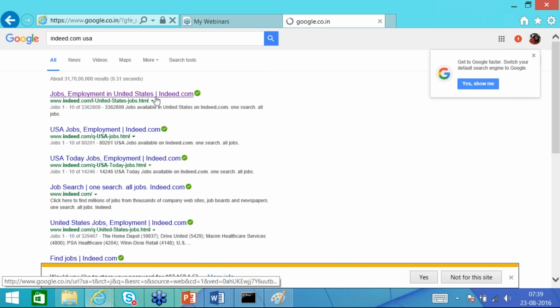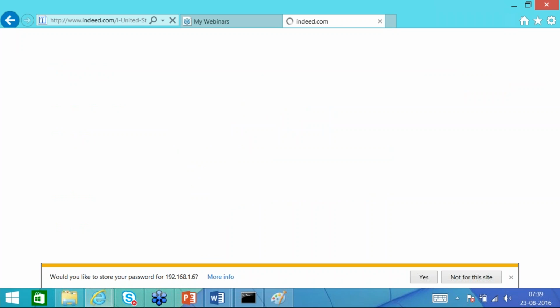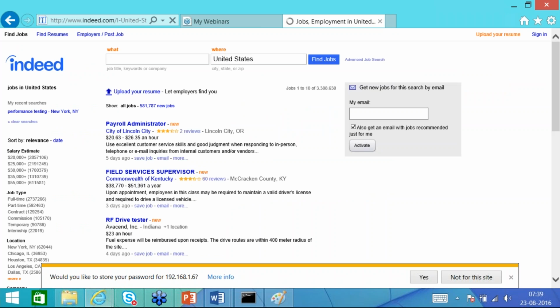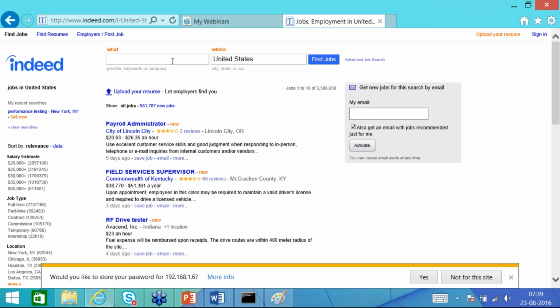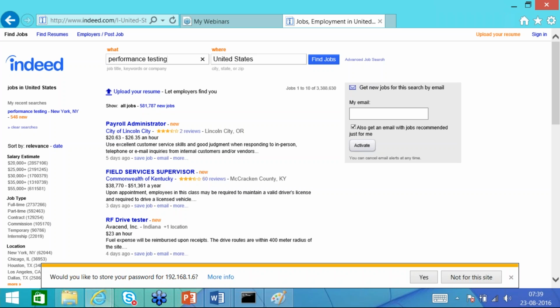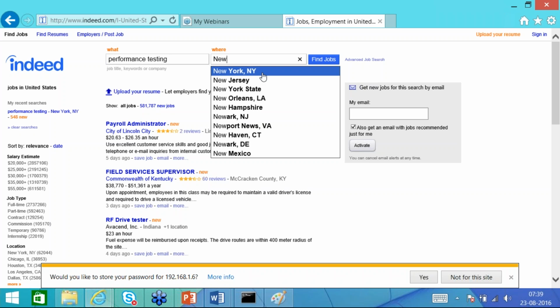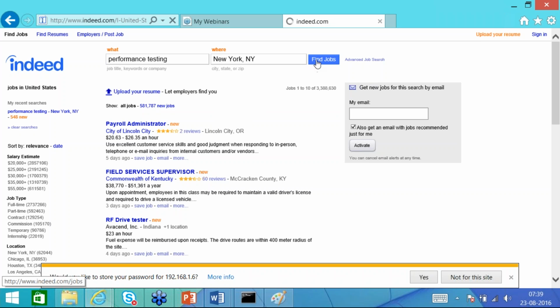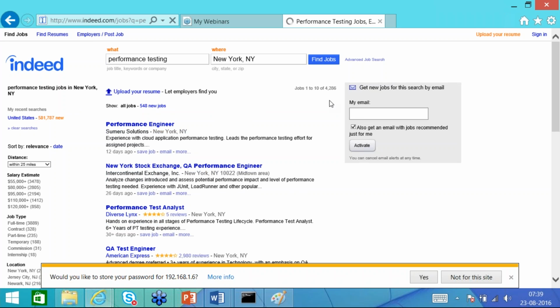I will just mention the city right now, say New York. You can see it here, 4286 jobs.